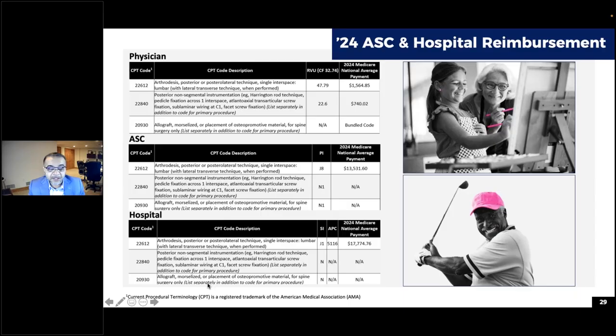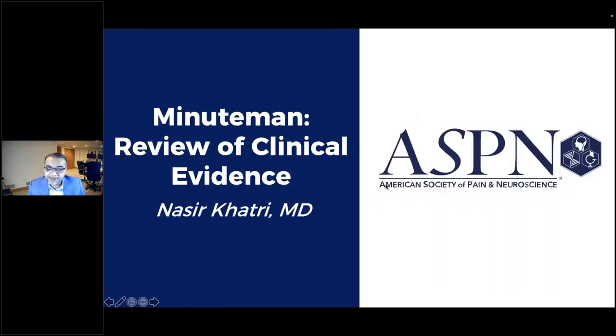When we look at the codes themselves, we break them down, as I said, into three specific codes that can be used. But my recommendation is that you speak with your billers and coders to ensure that your notes, documentation, and pre-assessment all line up with the coding that you're performing. And with that, I'm going to hand it back to Ryan and Nasir.